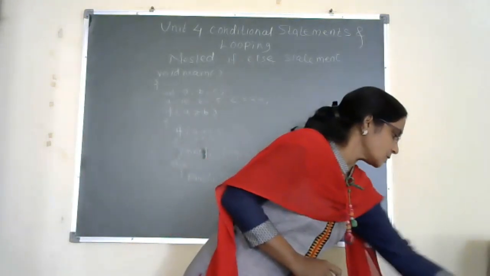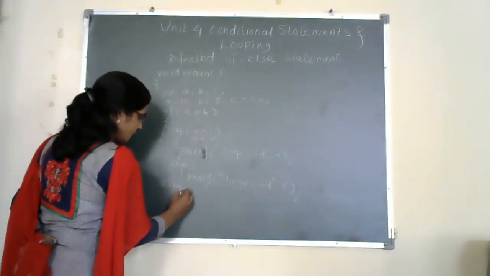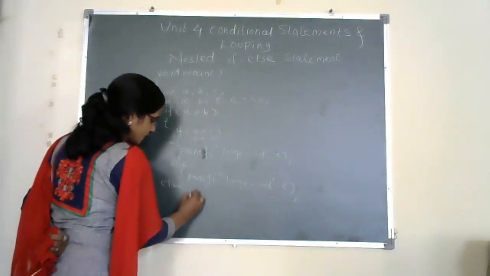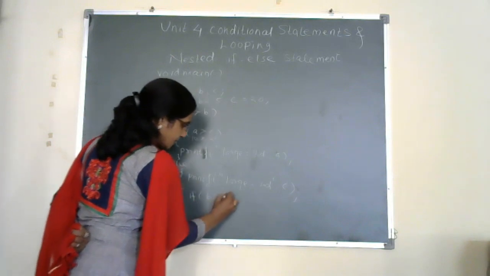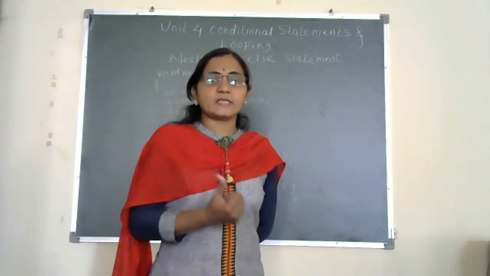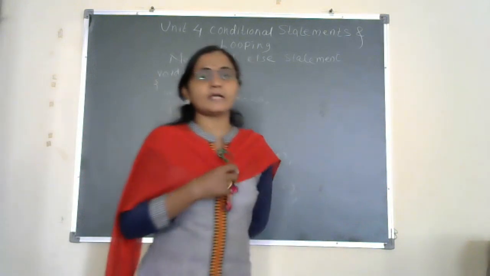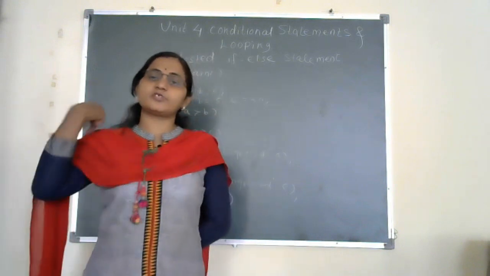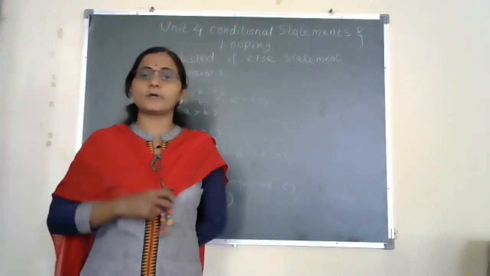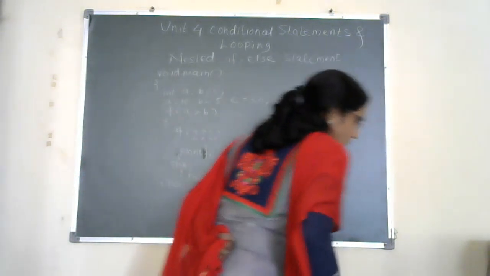So in the else part, you have to specify the condition if B is greater than C. Because we have three different variables A, B, C, and we have various conditions. As we have already checked the conditions for A and C, now the remaining conditions are B and C.